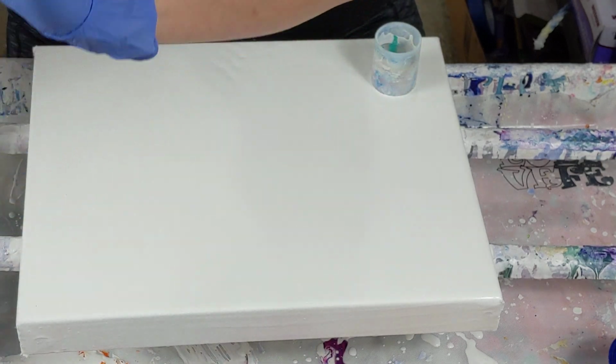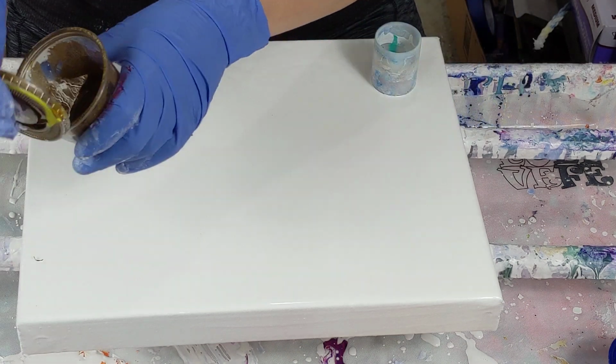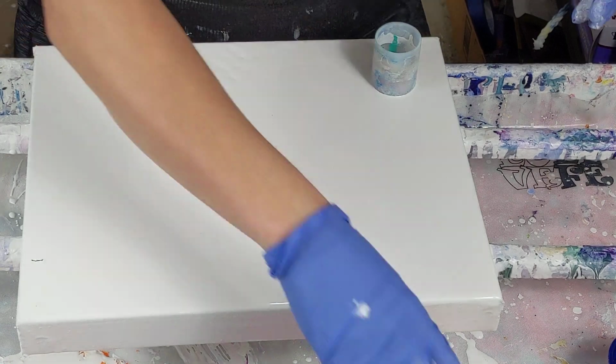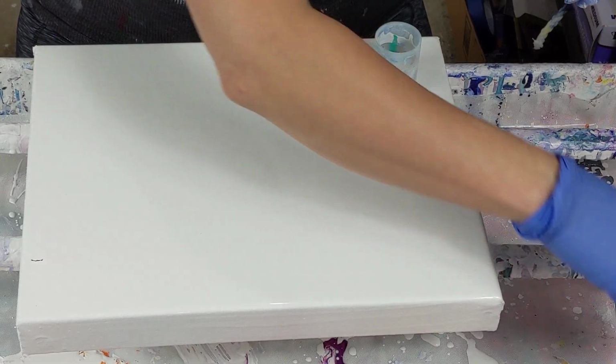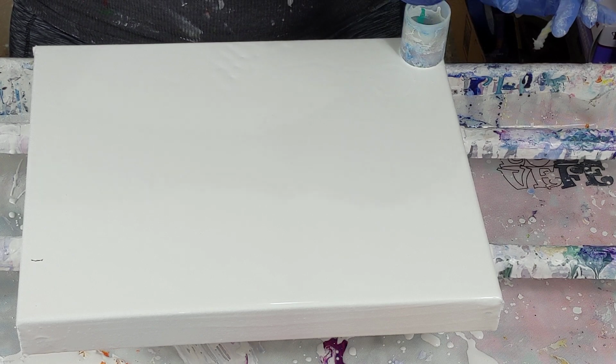There's not even enough in here to make a difference. So I'm tossing that. I thought there was something in there, but